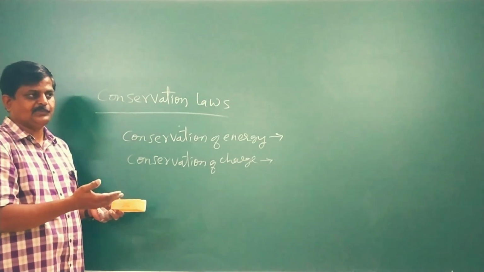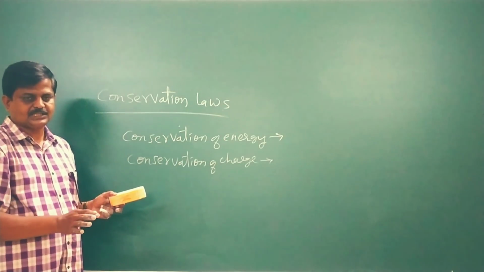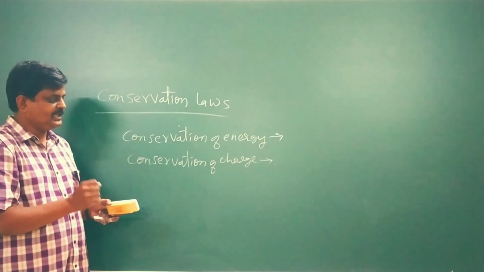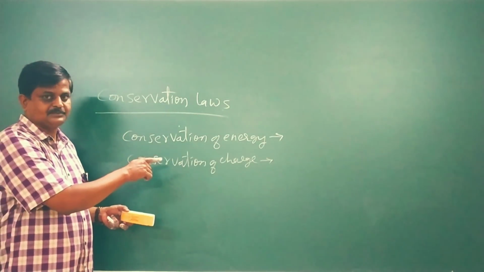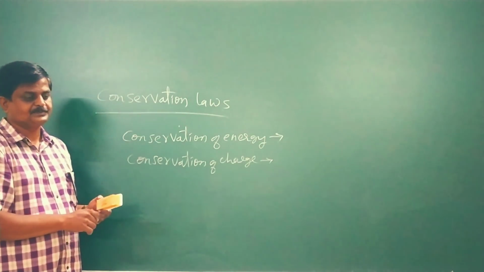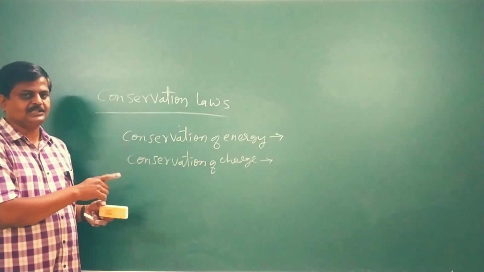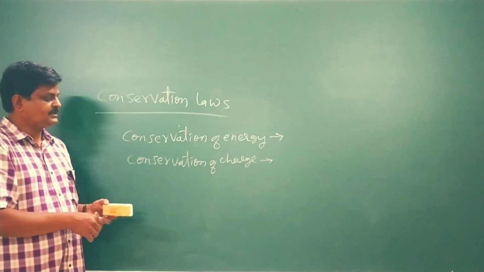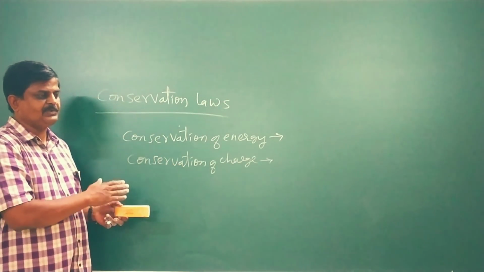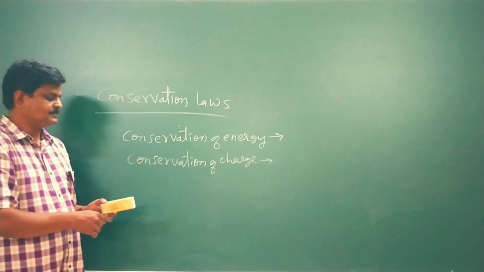Just take examples of nuclear reactions. In all the nuclear reactions, even in radioactivity, what is being conserved? Charge. The best example of conservation of charge is all the nuclear reactions. How many nuclear reactions do we have? One is fission, the other one is fusion. In that, the charge is conserved. Means simply electrons are transferred from one body to another.